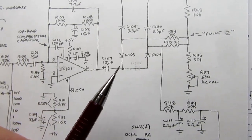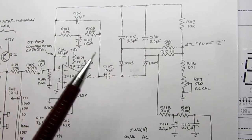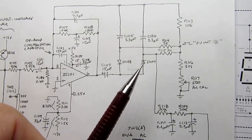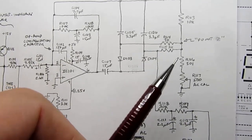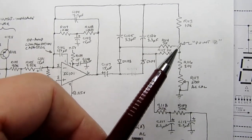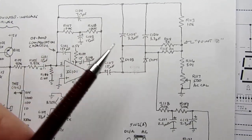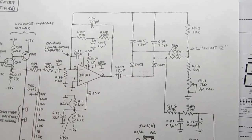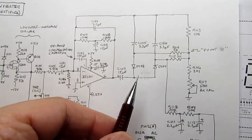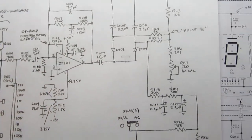So when you put a diode like this in series with the feedback path, the way the negative feedback works is it cancels out the voltage drop essentially as if it wasn't there, but it's still being rectified. And then by skewing this voltage through these resistors to ground through this resistor, that's how you calibrate it. You can adjust the point Z voltage up and down a little bit to compensate for component value differences. So basically what we have here is a circuit that is generating an output that's boosted to compensate for the drop of the diodes. And then you're tapping off the positive only side, which, as I'll sketch in here,